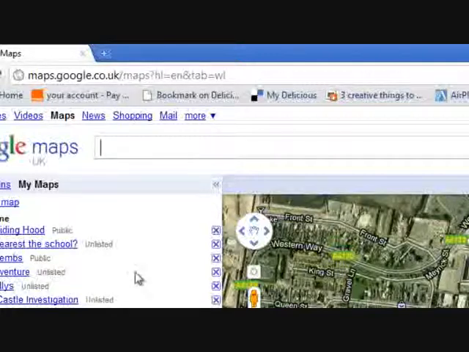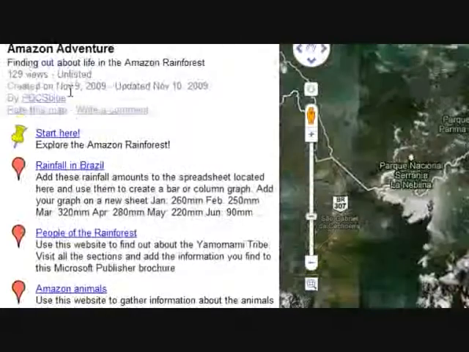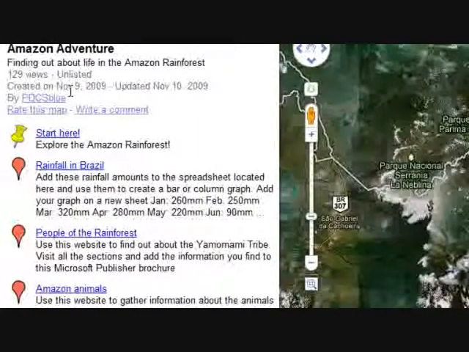So we're going to start with the obvious link, and that is for geography, and this is an Amazon adventure map that I made for pupils in Year 5. It tells you where to start, and then you can click on the different tabs and it will give you instructions. So as you can see here, it's asking them to make a spreadsheet out of the figures for these rainfall amounts, and it links there to a spreadsheet that is available to download online